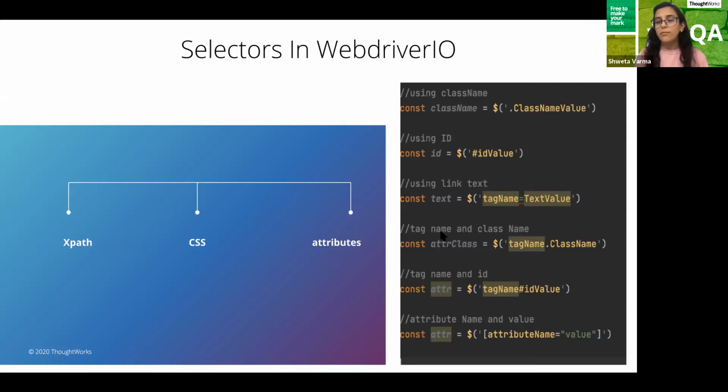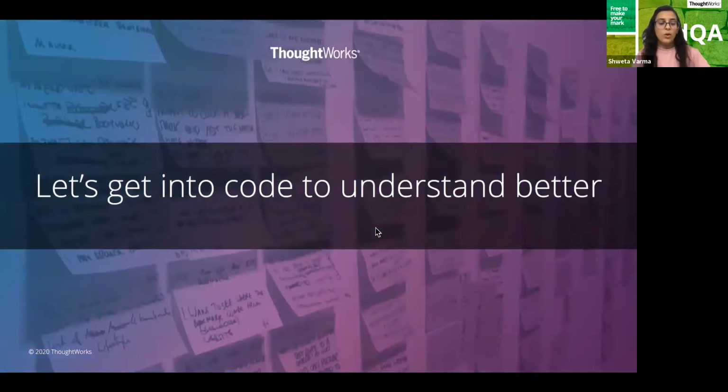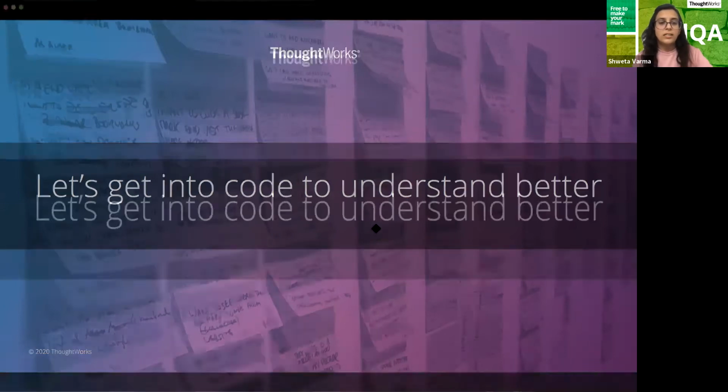Whatever you could do with Selenium is achievable here, because WebDriver IO readily has all the superpowers of Selenium and Appium. So no need to worry about what new things I'll have to learn to have this implemented in my system. We have got it ready for you. So that is there.